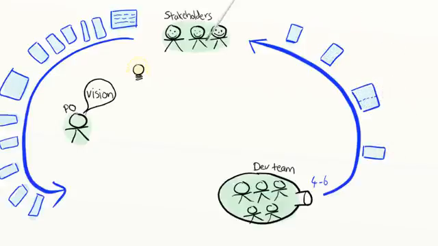So what happens if we try to please them, try to do everything they ask for? We'll get overflow. Suppose the team starts working on 10 new stories per week. If the input is 10, and the output is 4 to 6, the team will get overloaded. That will cause multitasking, demotivation, and all kinds of bad stuff, and ultimately it'll lower output and lower quality. It's a lose-lose proposition. It's kind of like trying to shove more paper into a printer to make it print faster, or shoving more cars onto an already crammed highway system. It just doesn't work, it just makes things worse.